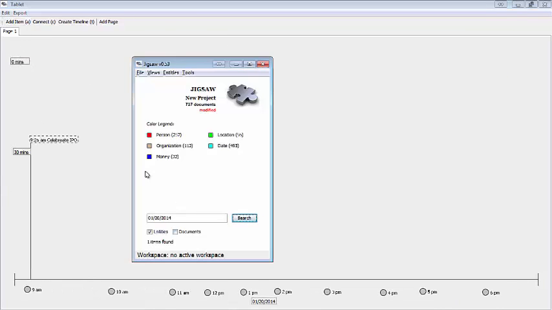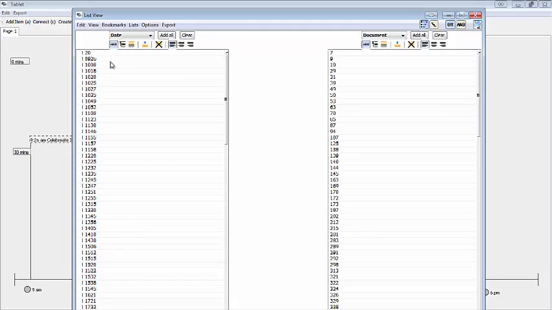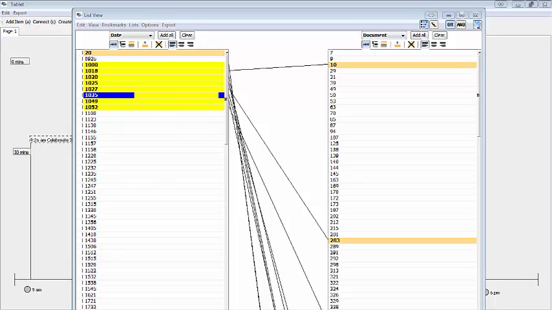Using Jigsaw's search capability, we searched for the dates in question, January 20th and 21st. Then, by selecting these two values, the list view became our easiest way to egress. We created a time entity based on the times at the beginning of articles, and used these to organize all articles from the 20th and 21st into chronological order.